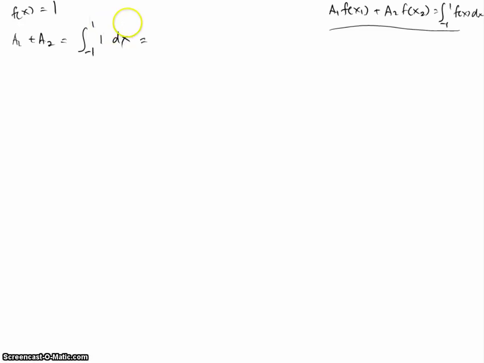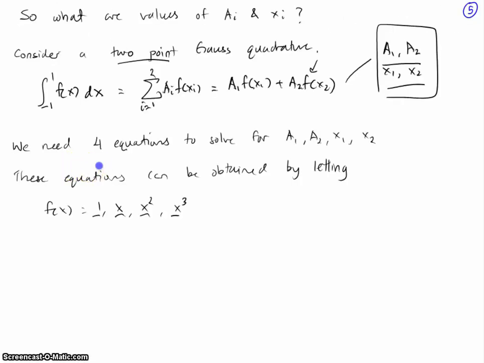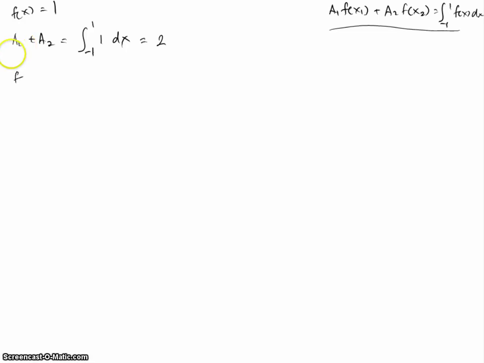So this is essentially equal to 2. So this is one equation right there. Now if we go for the second term, which is f(x) = x, then on the left hand side here you have a1 f at x1, and because f = x, f at x1 is simply x1,